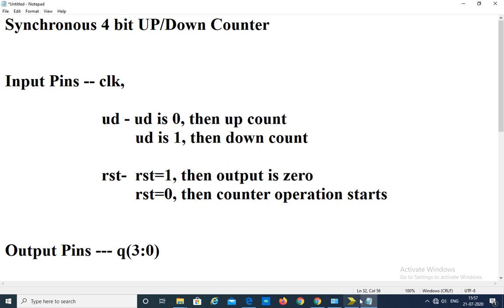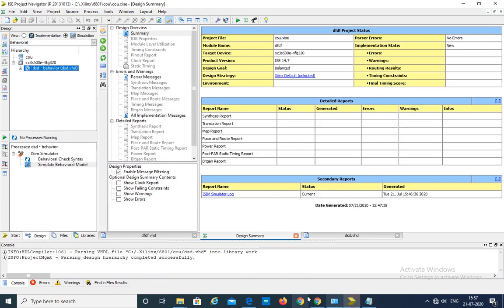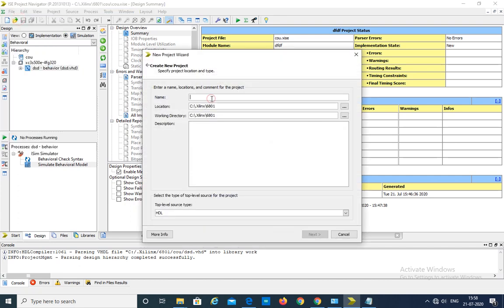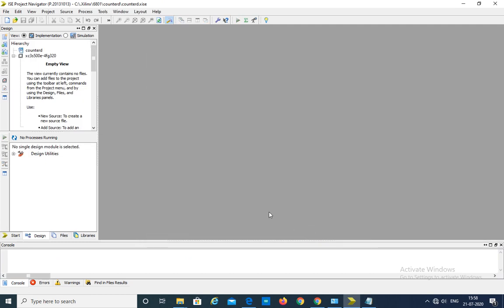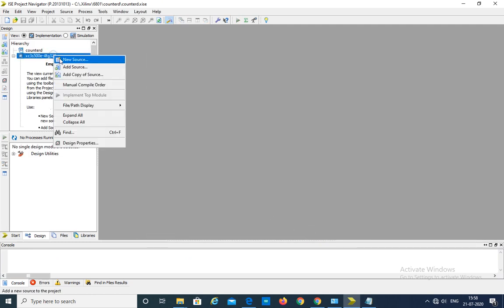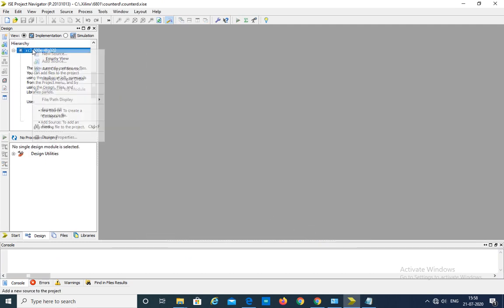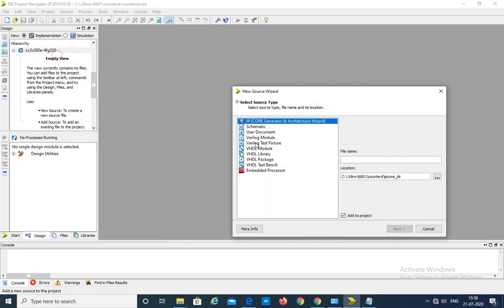For that, open Xilinx ISE 14.7. File, new project, give the name as counter. Click next, verify all these things, click next, finish. Now right click on the device, new source, VHDL module.